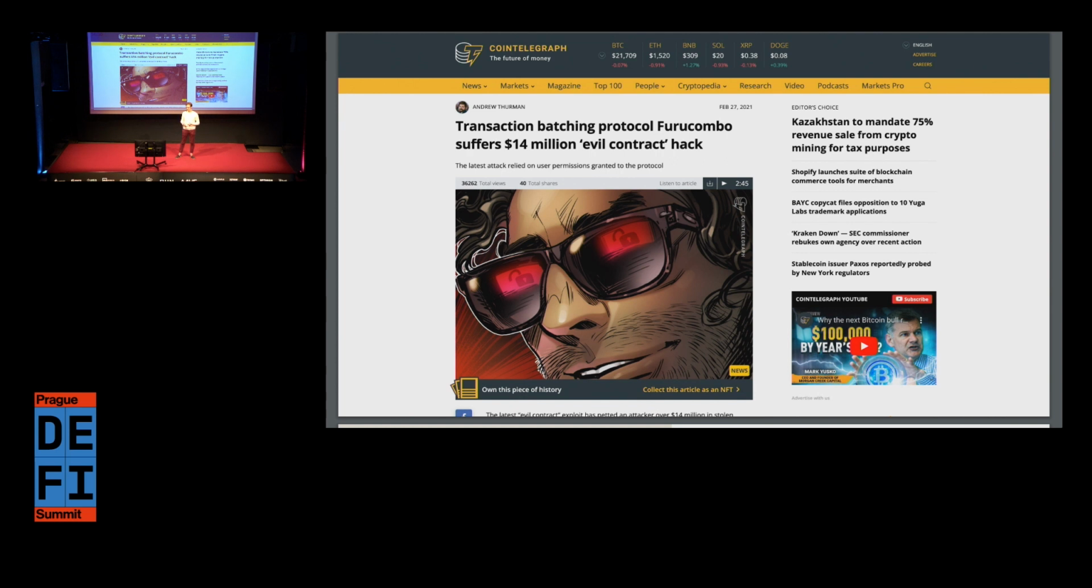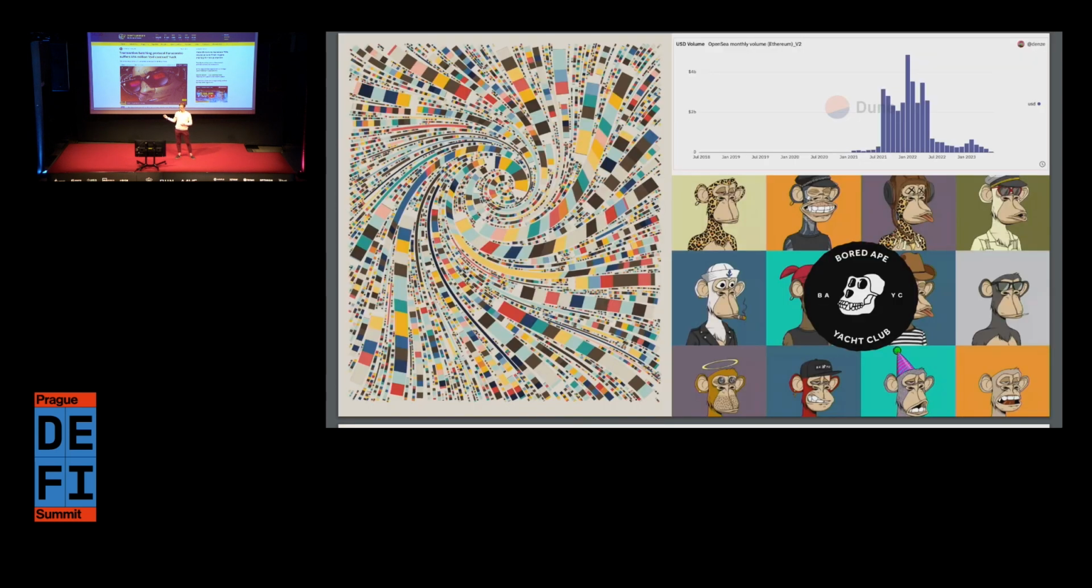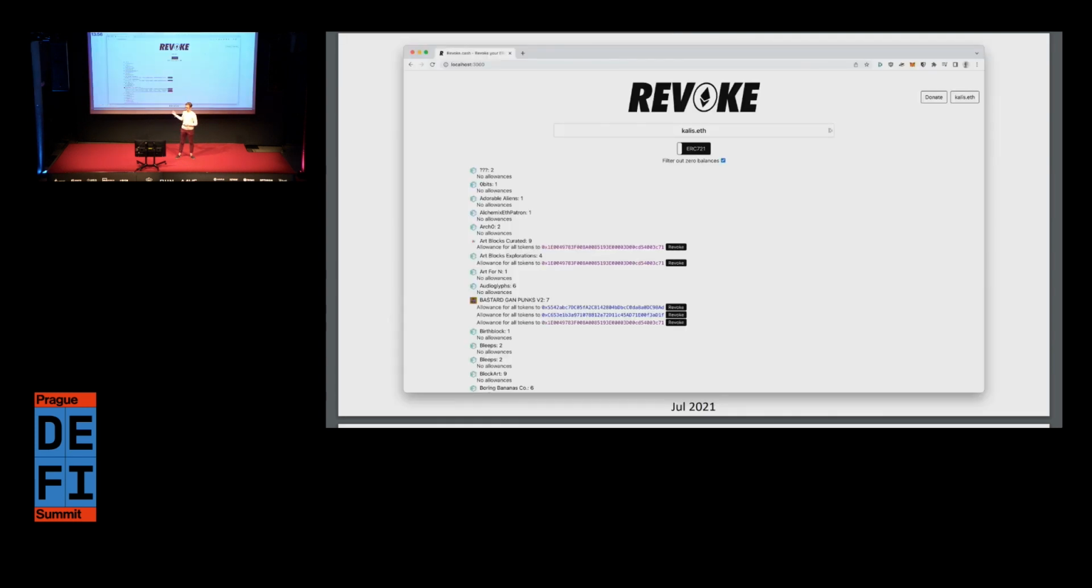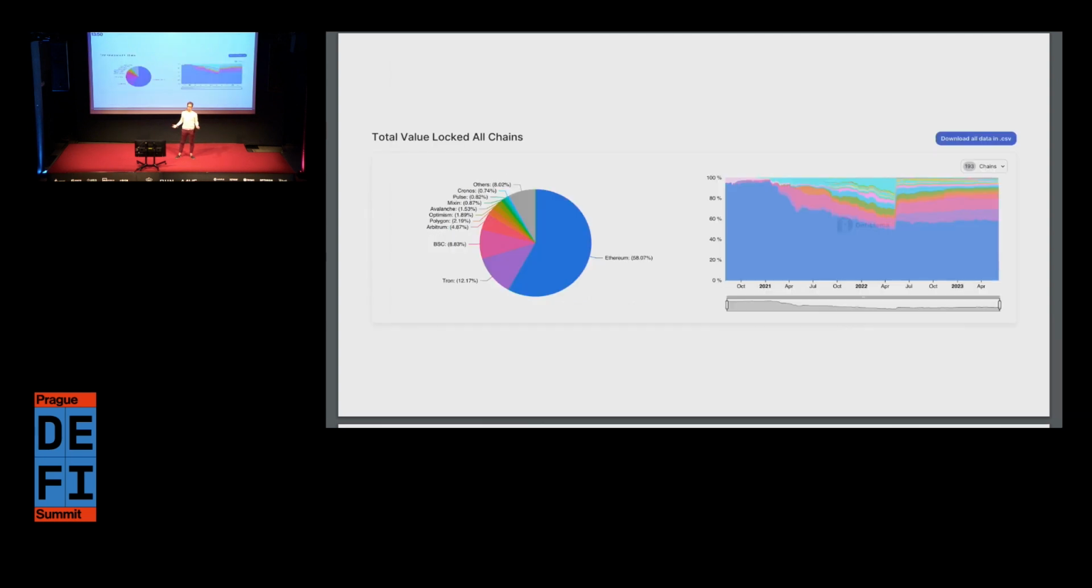And of course, 2021 is also the start of the NFT hype. Of course, NFTs were a thing before that, but I think for a lot of people, 2021 is when that really took off. So obviously for NFTs, you have the same concept. If you want to sell an NFT on OpenSea, you still have to give OpenSea access to your NFTs. So also in 2021, I added support for NFTs to the project, and at the same time, there was another big